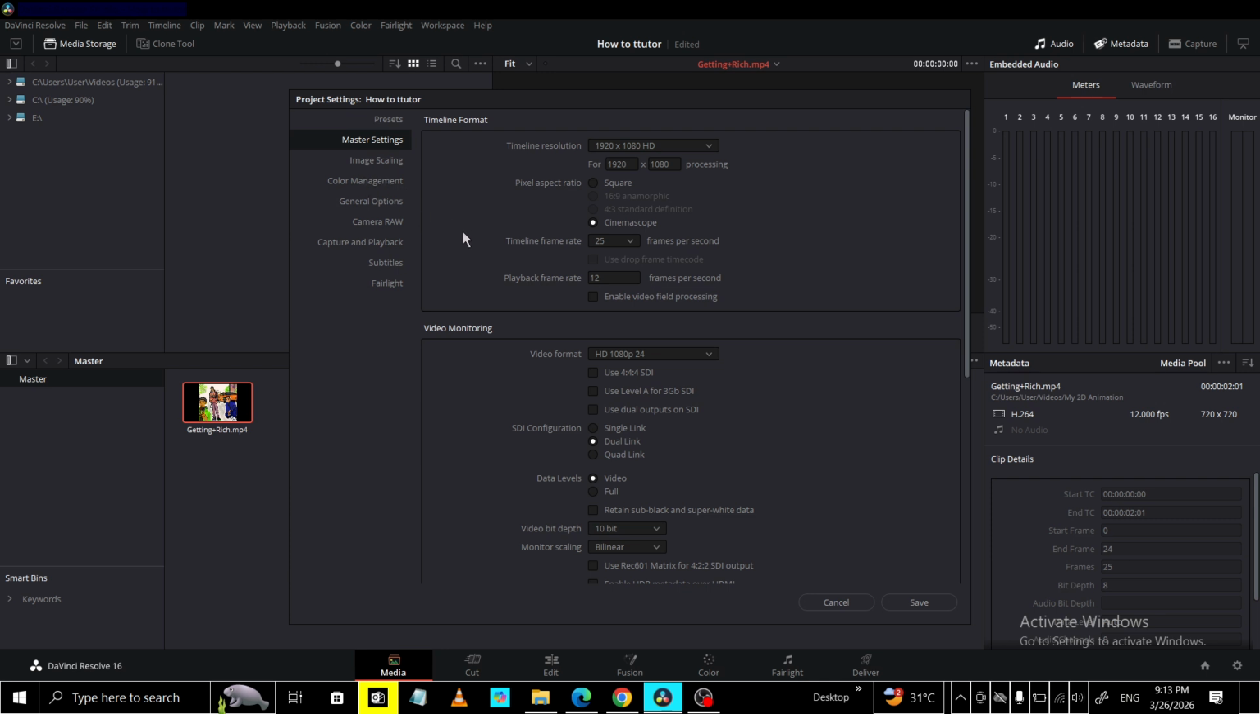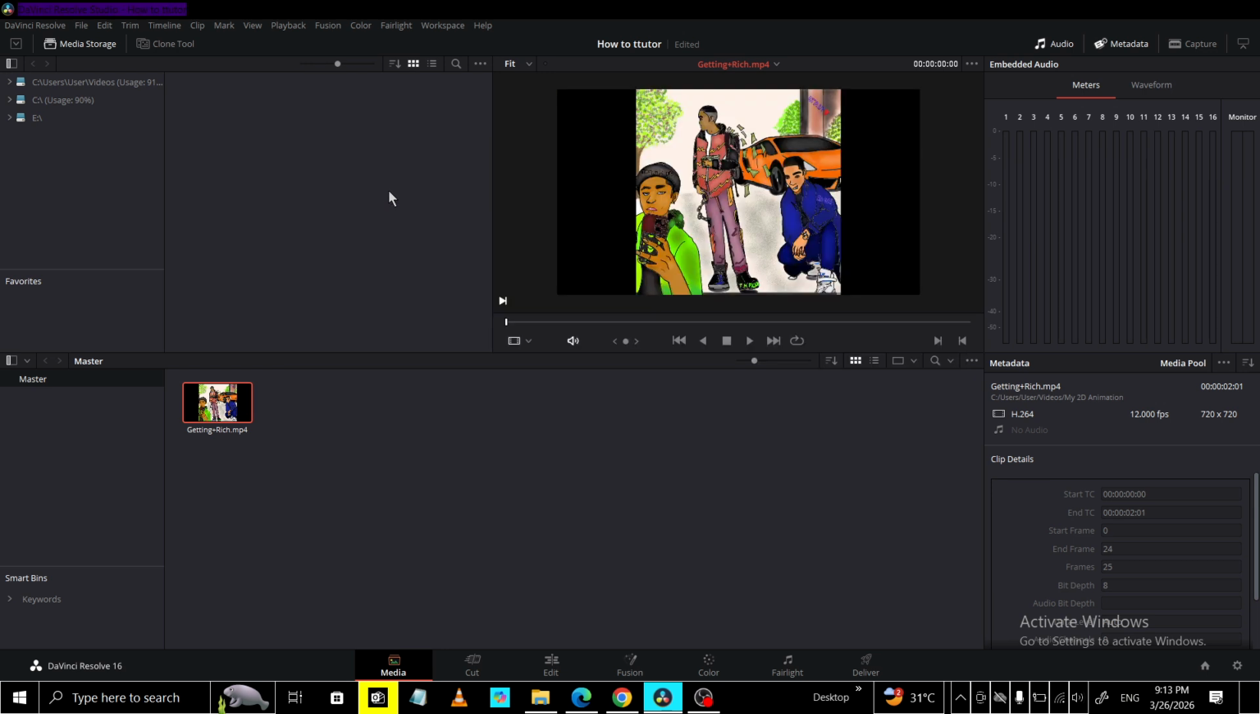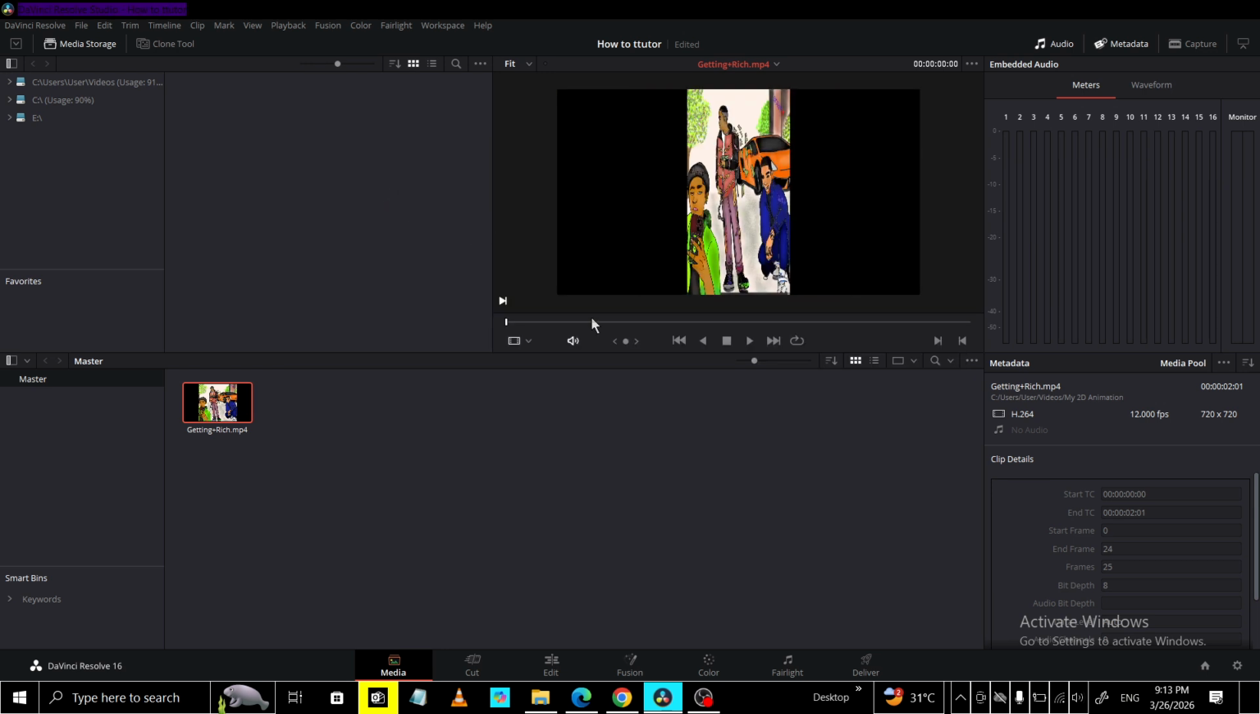Once you've gone through these key areas and adjusted timeline resolution, frame rate, color management, and audio settings to your needs, don't forget to confirm everything. At the bottom of the project settings window, click the Save button. Resolve will apply the changes to your current project and you'll be taken